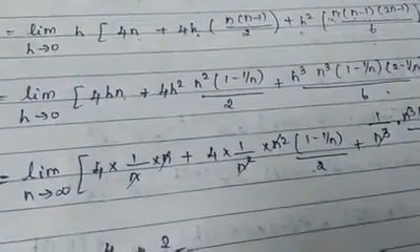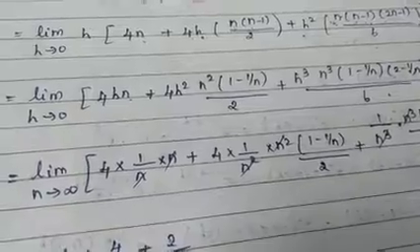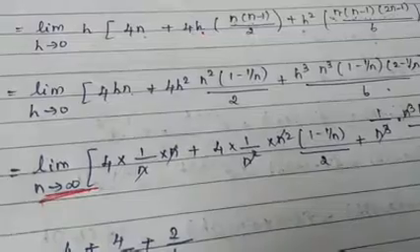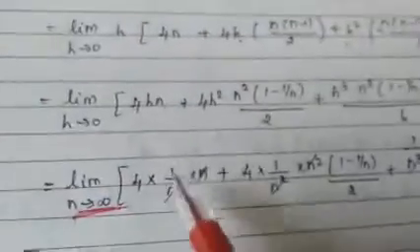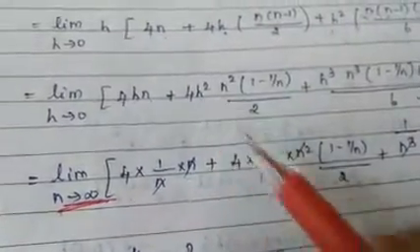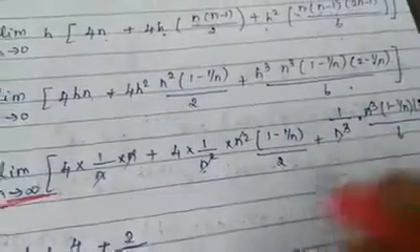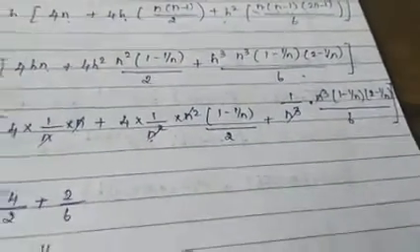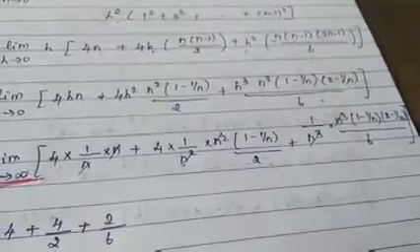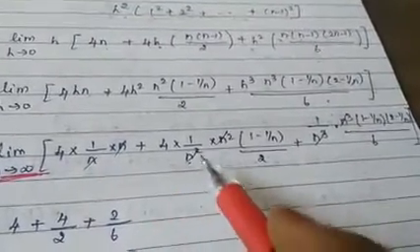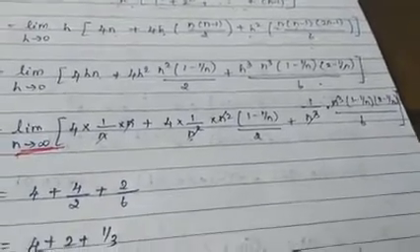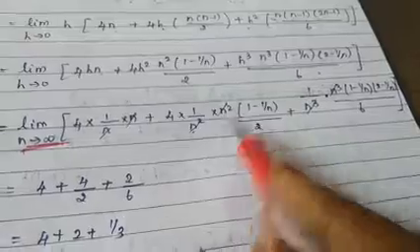After simplifying like this, you are going to substitute the value of h. If you want to substitute the value of h, what about the limit? It will change to n tends to infinity. The h value is nothing but 1 by n. So, substitute h as 1 by n. Here 1 by n square, here 1 by n cube. All the n terms will get cancelled, other than 1 by n alone which will remain. Here n and n will get cancelled, n square will get cancelled, n cube will get cancelled. Then only the procedure is correct. If it is n squared and n here, then it is wrong.